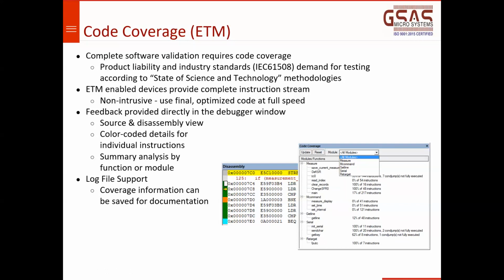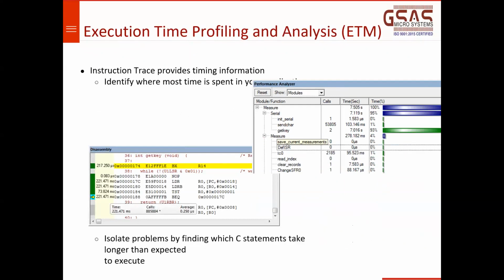So how do you modify this condition? We do it through unit testing. This is not the topic for this session. Next, with the ETM, we can also get the real-time profiling information, that is performance analysis. The performance analysis basically